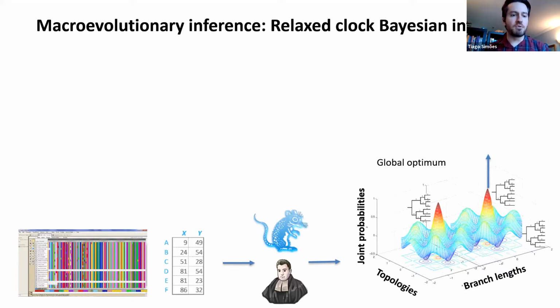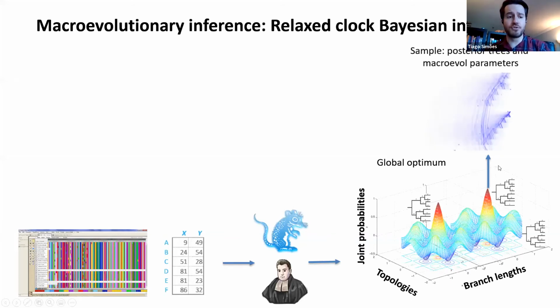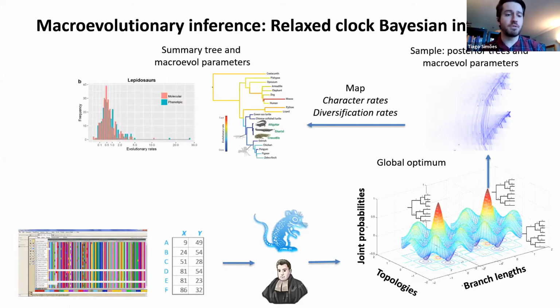There are so many that it becomes multidimensional, and we can't represent it in just 3 dimensions, but in a very simplistic representation it would be something like this, from which we can extract our posterior estimates of not only the tree topologies, but also all of those different parameters in their optimal configuration. And eventually we can get our summary trees and map how those character parameters or diversification parameters have changed across time. Most commonly, we see that for divergence time estimates and the potential error bars around those estimates, but you can also do that for rates of evolution, for instance.